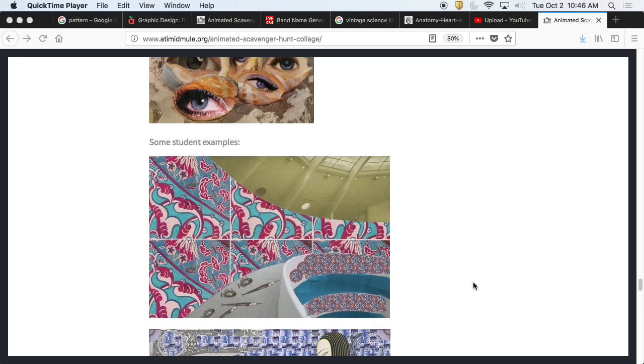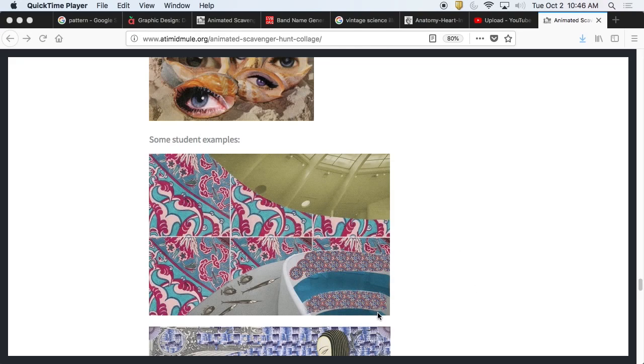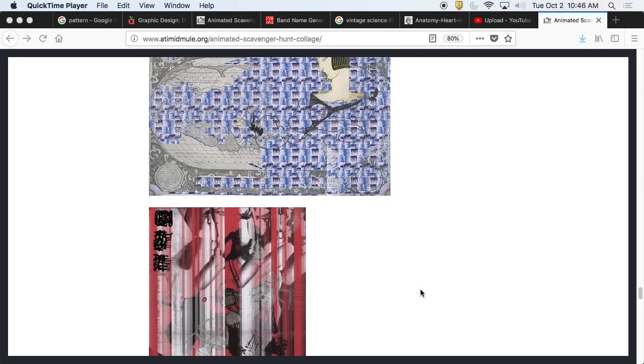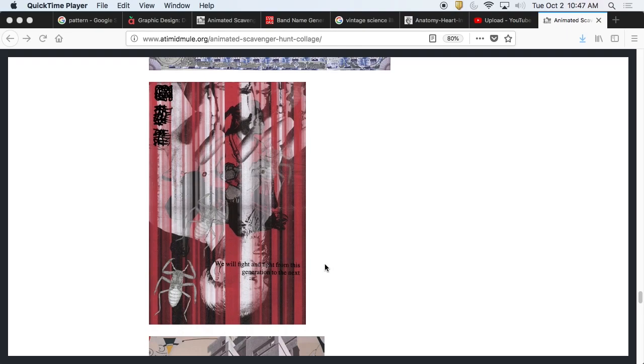Okay, so we have some that, like this one, I think that's the inside of the Guggenheim Museum. But we have kind of the pattern laid out. It was kind of a strange one. It has some problems, but there's some interesting stuff about it. Overlay pattern, breaking through, revealing the illustrations. This one is kind of nice.